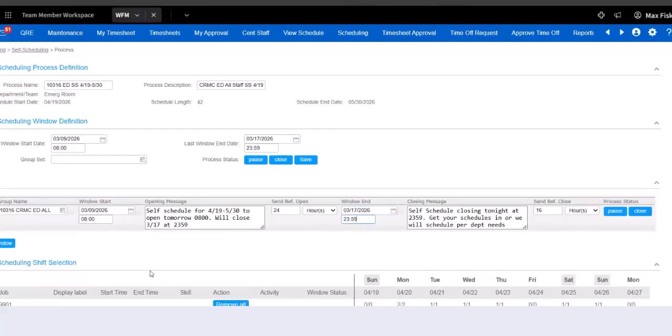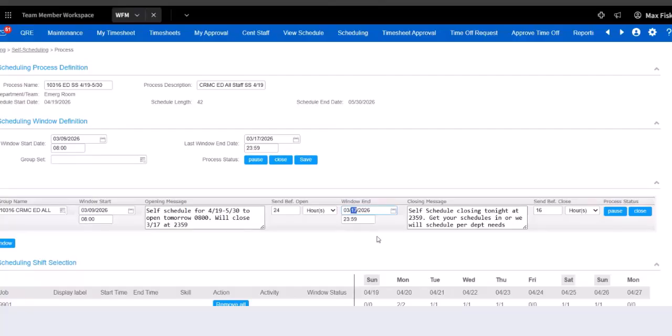Under the window start and end date, wouldn't you want that to be just a part of the 3/9 through 3/17? Because then you're going to open up for the B group, let's say halfway through that. I'm just verifying that. So this one might be from 3/9 to 3/15, and then our second group might be 3/11 through 3/17. That way there's a 2-day period where the first group goes in for 2 days before the second